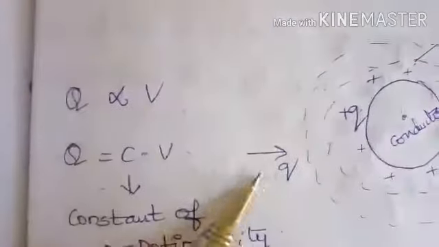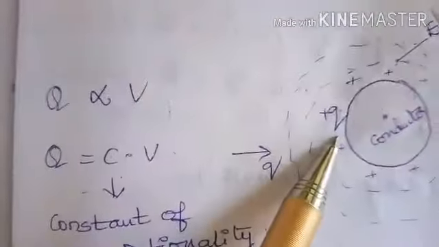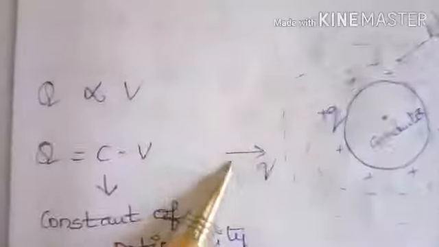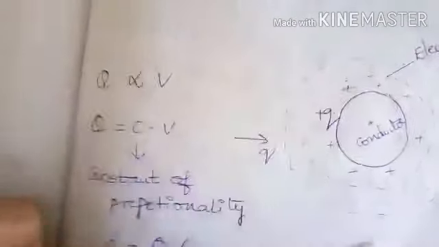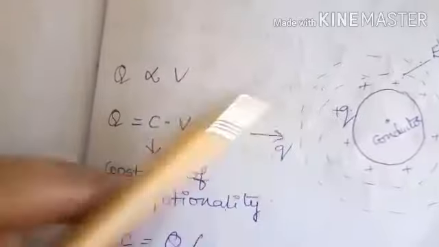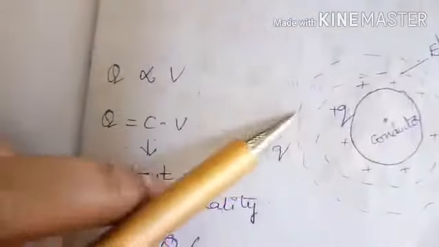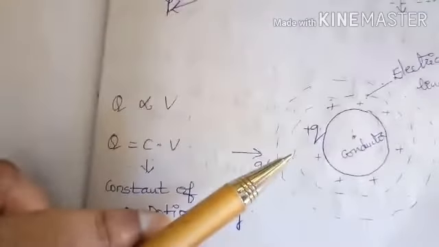See the equation. Actually, the potential difference is nothing but, suppose some charge is already present around the conductor, and suppose we are giving another charge, thereby they can repel each other, thereby the potential difference will be produced in between the surface of the conductor. So how much potential will be produced is based on the charge given to the conductor.